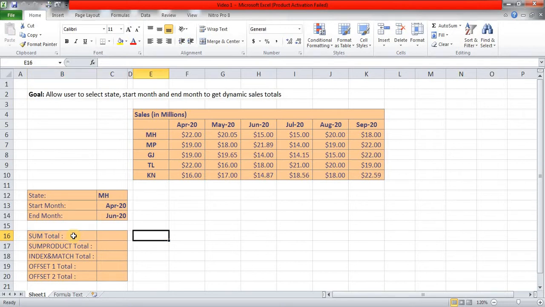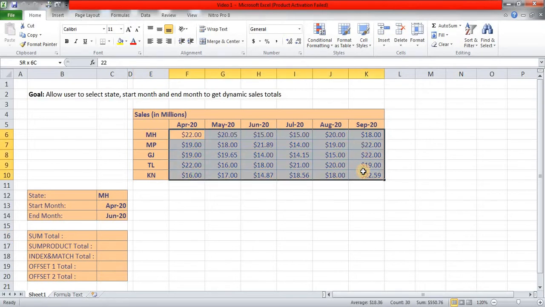In the first part, as you have seen, these sales figures are spread across columns. So had these sales figures been in the rows, the challenge would have been very simple. So the first part of the logic is to isolate the sales figures for a particular state. Here the state selected is MH, Maharashtra.